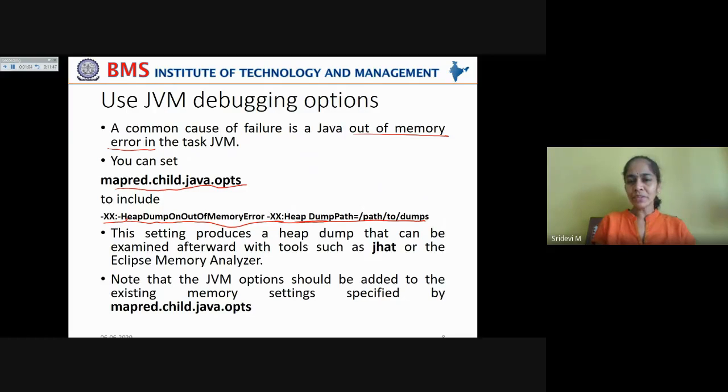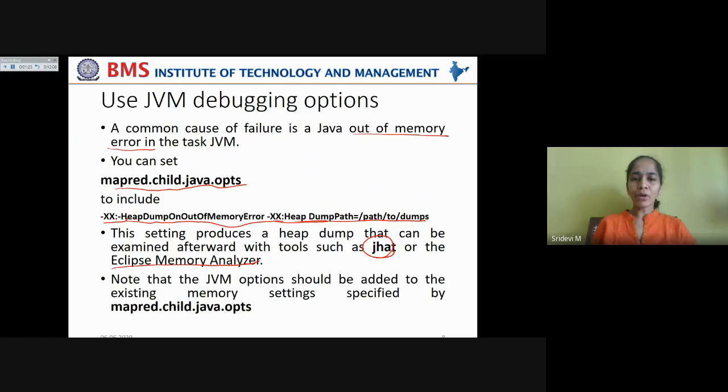This setting produces a heap dump that can be examined afterwards with tools such as JHAT or the Eclipse Memory Analyzer. So you can use tools like JHAT and Eclipse Memory Analyzer in order to find out the root cause for this extra usage of memory.